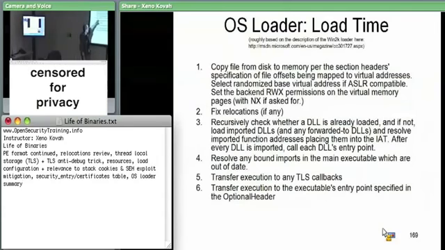And sort of in concert with this, it depends on whether this executable has bound imports or not. If it has bound imports, it'll go out and sanity check whether this is still the right version. If it's not bound, then it'll just do what it needs to do in order to resolve all those imported